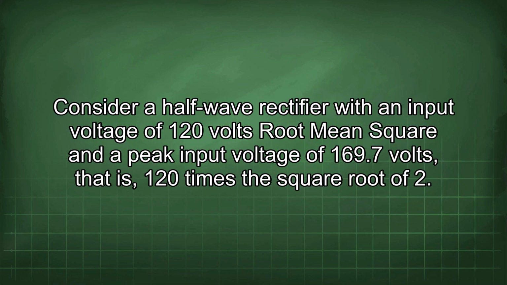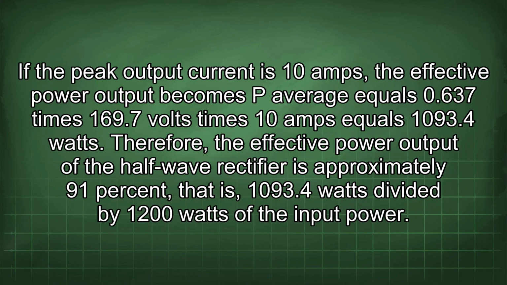Consider a half-wave rectifier with an input voltage of 120 volts root mean square and a peak input voltage of 169.7 volts, that is, 120 times the square root of 2. If the peak output current is 10 amps, the effective power output becomes P average equals 0.637 times 169.7 volts times 10 amps equals 1093.4 watts. Therefore, the effective power output of the half-wave rectifier is approximately 91%, that is, 1093.4 watts divided by 1200 watts